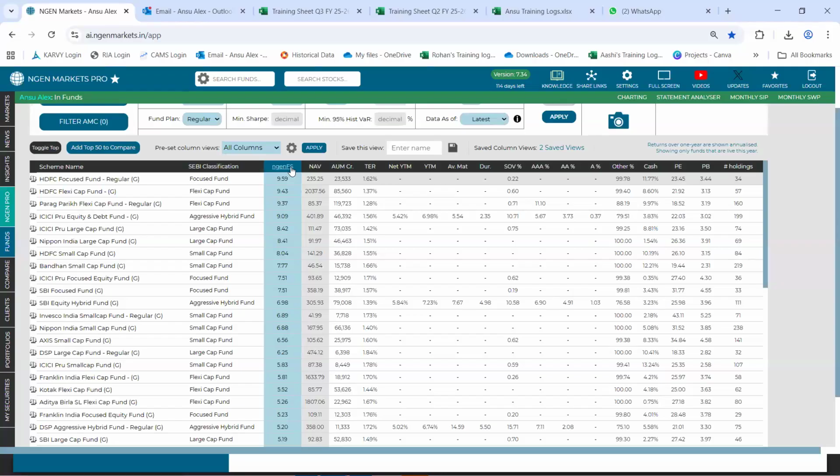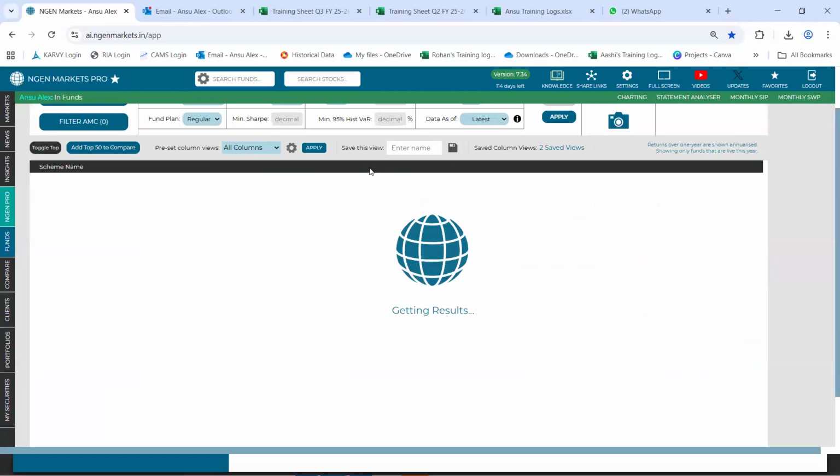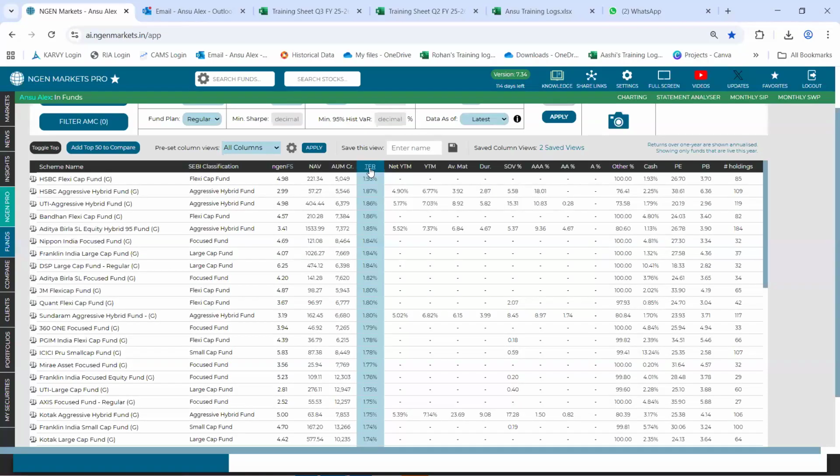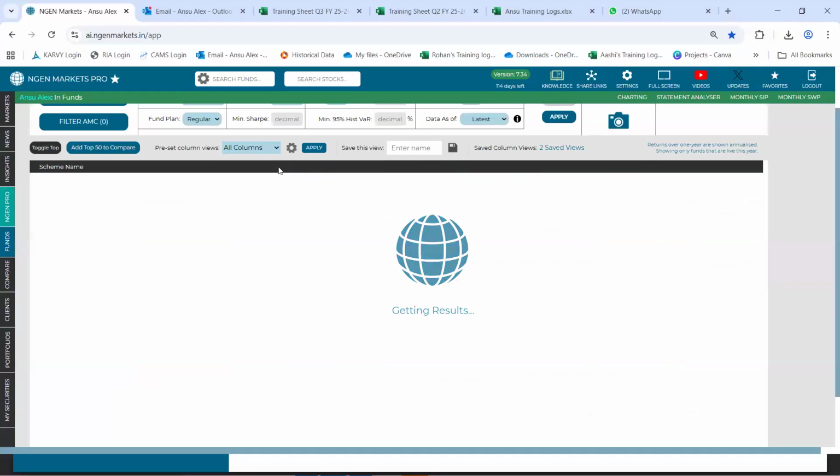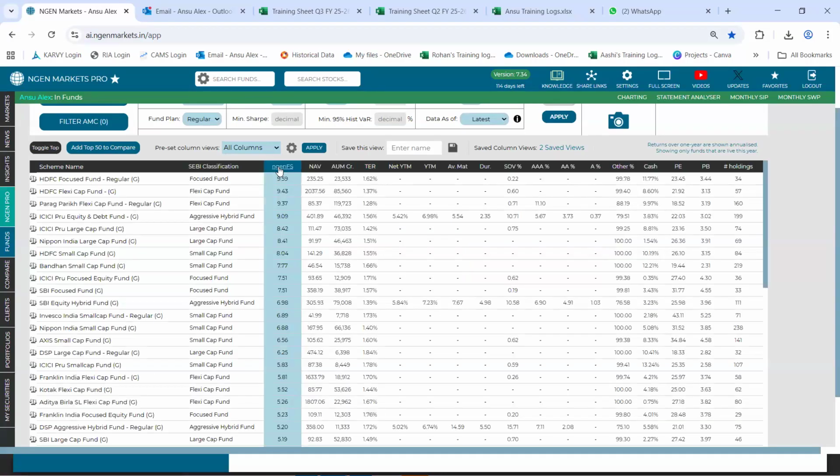For example, if you want to sort it basis the TER parameter, you could click on any of these column headings and your data can get arranged either in the ascending or in the descending order, and the column will now come up highlighted in blue color specifically. Again, I'll go back to the engine FS and arrange it in the descending order. Now I will be selecting the best performing fund from each category basis the engine FS.